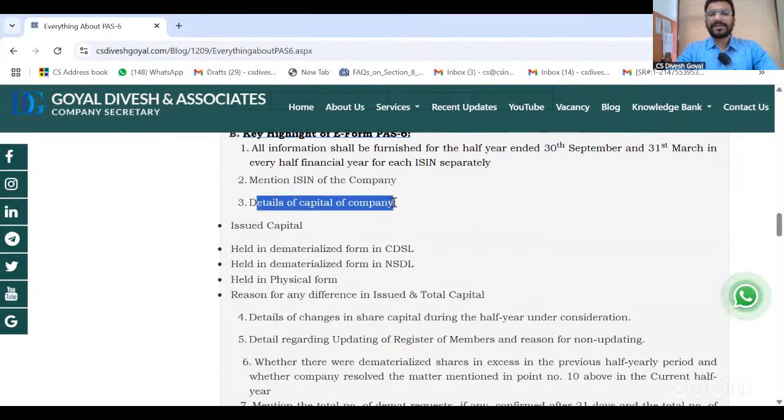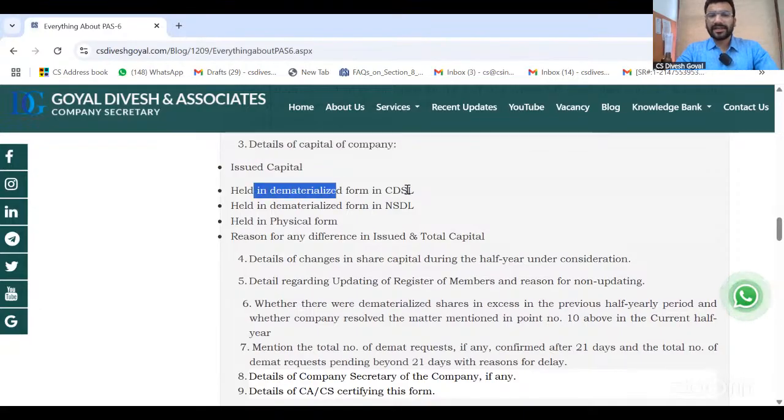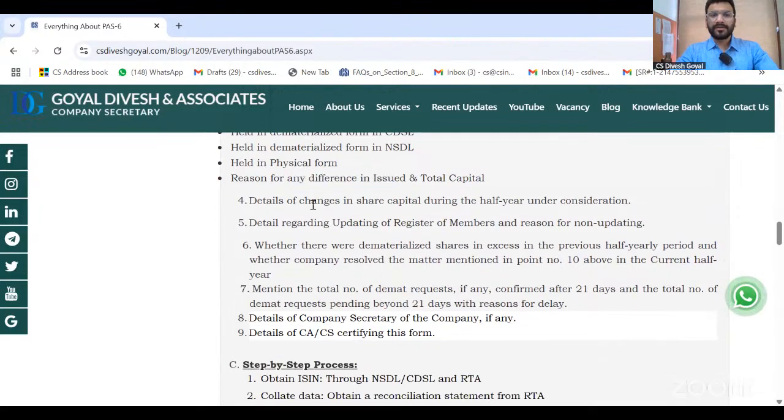In the PS6, you have to give details like the shares held in CDSL, shares held in Demat with the NSDL, and shares held in physical form. So there are three categories. And if there is any difference between issued and total capital, you have to mention the reason. Details of change in share capital during the half year, if any changes have happened, and details regarding the updated register